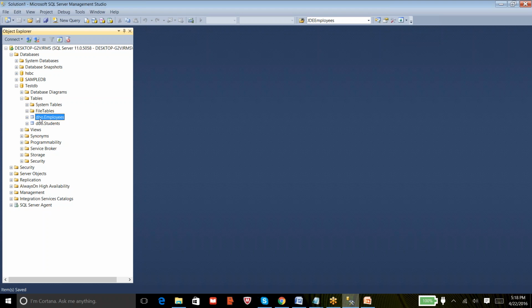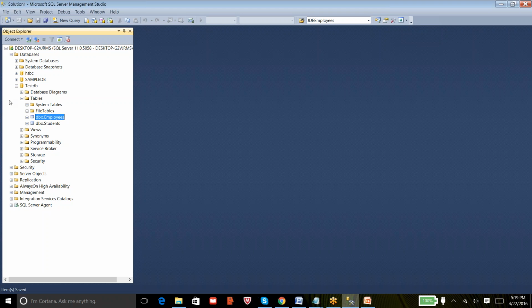Then what I can do is group the tables as per the category. I create a schema called products, and I move all the product related tables to that schema. For orders, the same way I create a schema called orders, and I group all the order related tables to that schema. And the same way for the customers. By default, if you don't specify any customized schema, it automatically picks up the DBO.